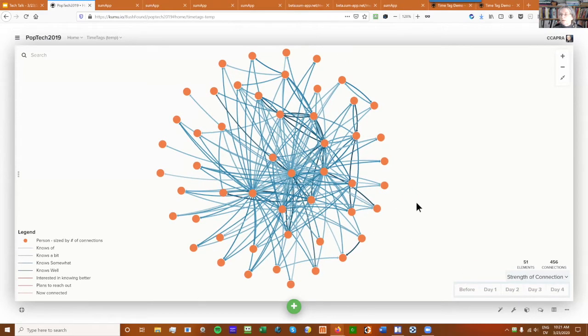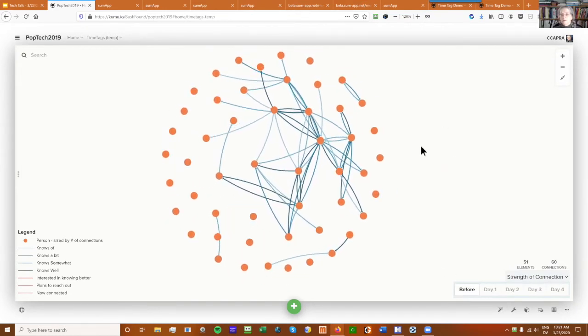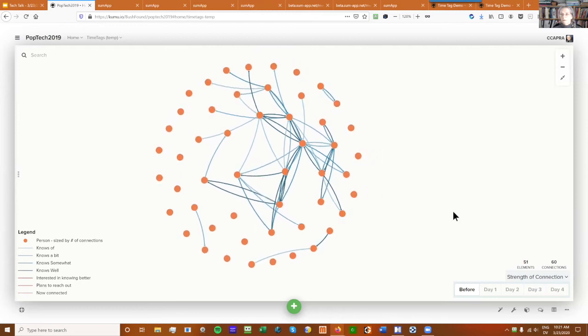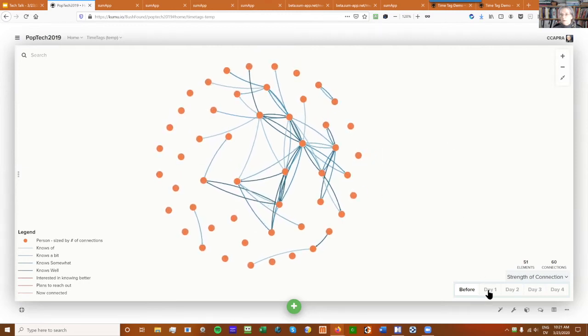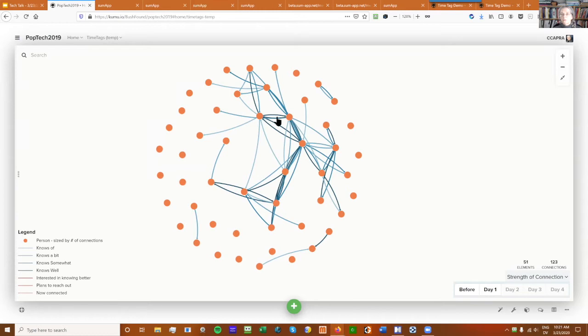So in this instance, this is the current state of that network, with who's connected to whom. So down here are the time tags. This is before. If I click on before, now we can see that before the event, there were a lot fewer connections. And then on day 1, while they're going around saying, rah, get on the map, you can see a few lines showed up, but not many new ones.